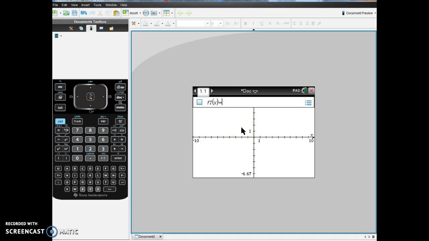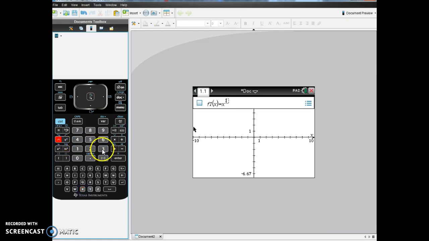First thing it asks me for is the first function. So I'm going to put in x to the power of 3. You should be able to follow along with the red. And then from there I need to come down from the indices, so I arrow over and I'm going to subtract 3x squared,